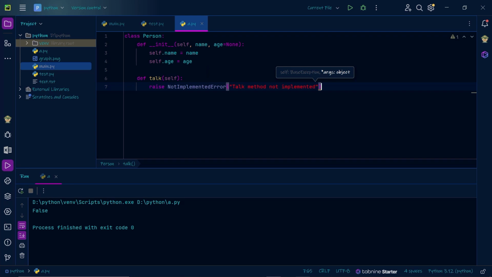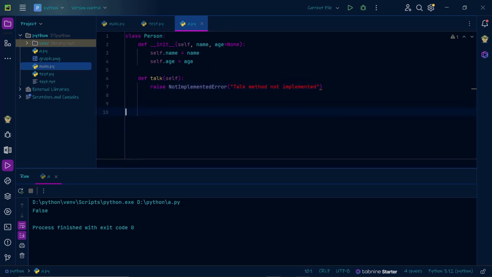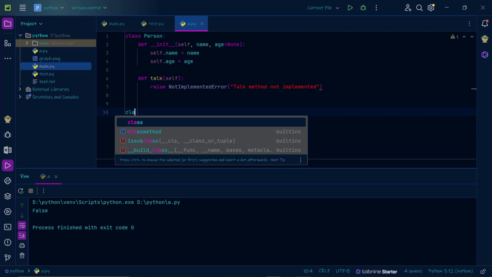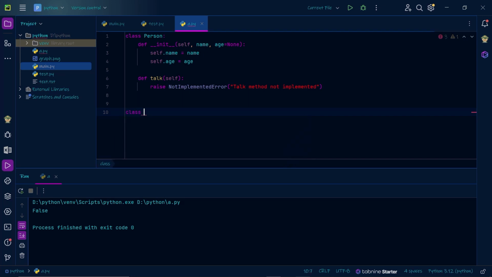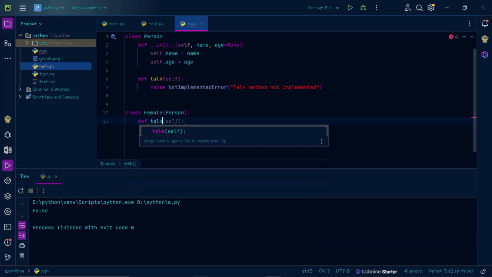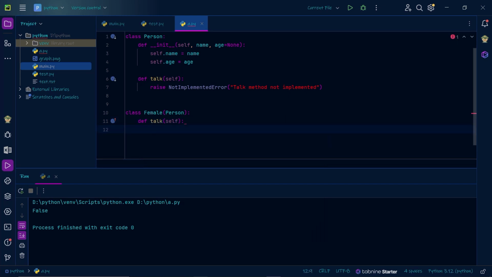Okay. Now let's define classes. We can do two, but let's just do one. So we'll just say class. This new class should be for females. Because why not? Female. But now if you're inheriting from a parent class, you would have parentheses, and within the parentheses will be the class that you're inheriting from. Okay. Then we'll take this method that we want to implement and implement it here. Def talk(self), and now we can control what the person says. So we can now return